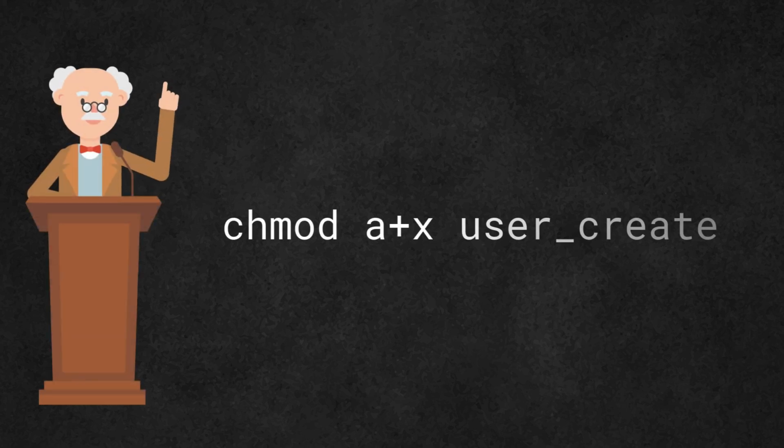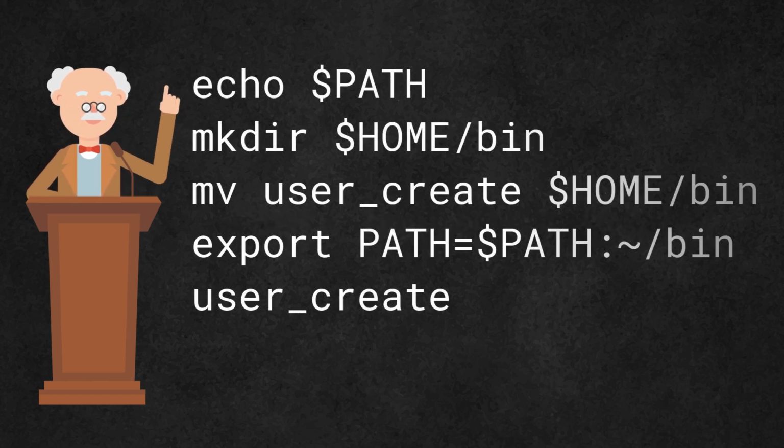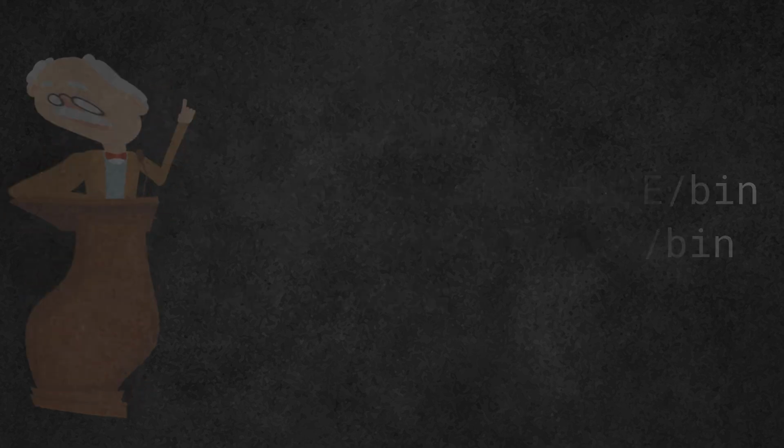So adding the execute permission to the file means that we can execute it independently of the bash command, which is going to be really important, and ensuring that the file is located within a directory contained within our path statement means that we don't need to know the location of the script to be able to execute it. It will be searched through the path variable.